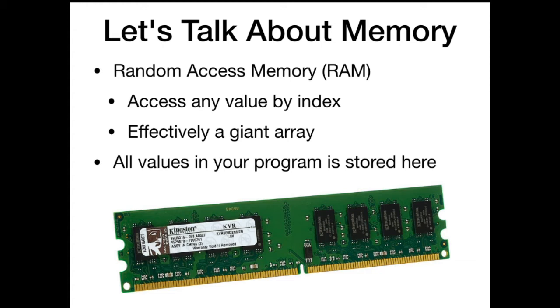It's on the RAM, on this silicon right here. You have something that looks similar to that. That's where everything is. This is effectively a giant array. We do have random access, so all the memory addresses in the RAM stick are addressed sequentially, and it's effectively like an array index. Give me the value at the specific index, and you can go to that spot on your RAM stick and get the value stored at that particular memory address. So we have a giant array, and that's how everything's implemented. Even when we have different data structures, they're technically stored in a giant array.